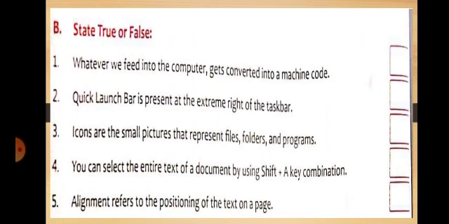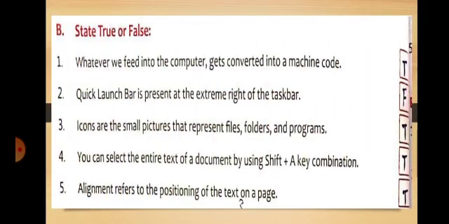Mark T because the statement is true. Alignment refers to the positioning of the text on a page. Again, the statement is true, so mark T. And I have displayed the answers for you so that you should mark it correctly.